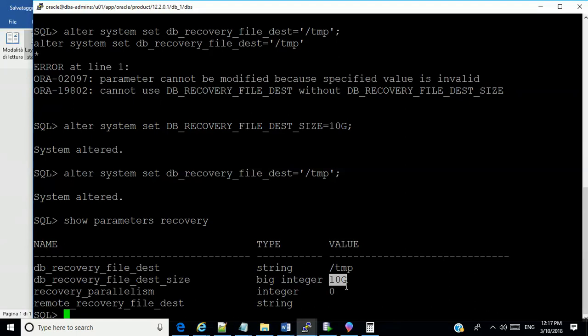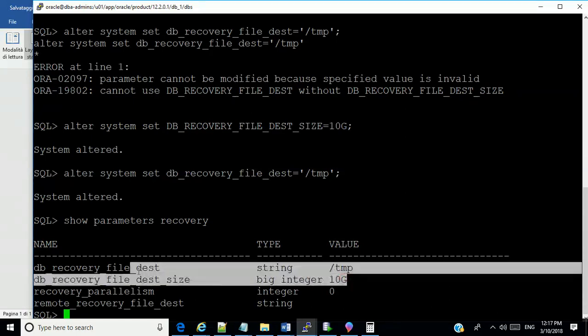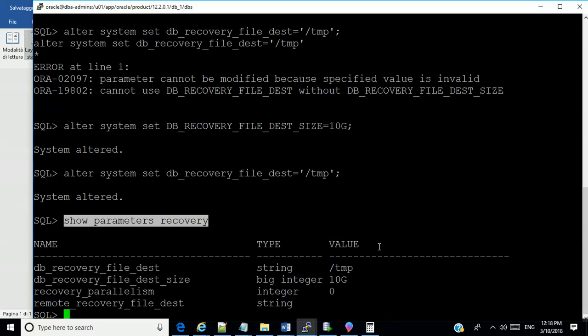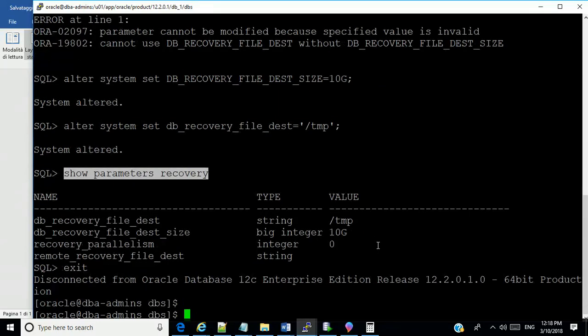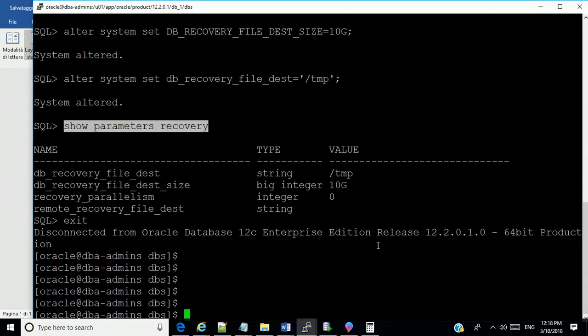So you have certain parameters that can be modified on the fly while your database is open, and you have also others that have to be saved to the SP file and your database rebooted, to use those parameters. It's very important we know these things because a database administrator will always be called upon to make changes, modify certain configurations, probably for performance tuning.